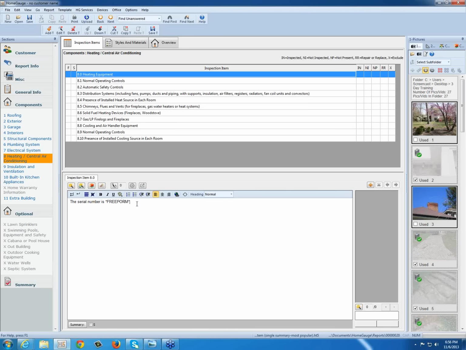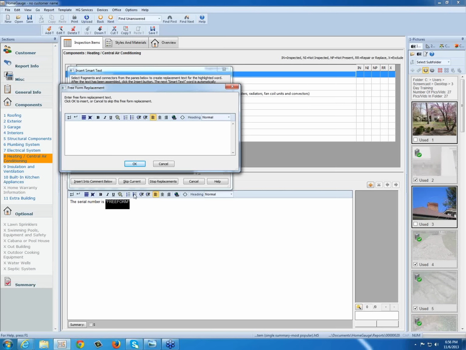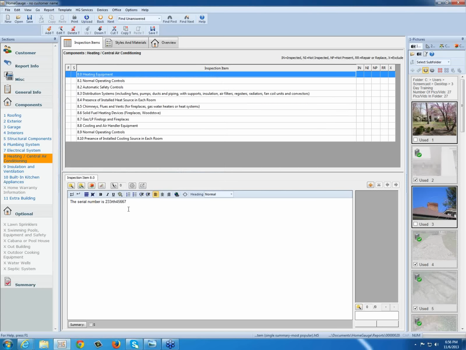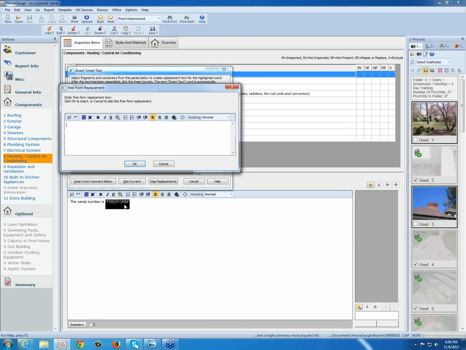I think you got to hit that control space key again. Yeah, and then now you can type in your serial number. You can tell I use it a lot, right? I had to ask Yancy. So you type in, the serial number is, and then you just do all caps Freeform. So you go asterisk, Freeform, and then asterisk, and then go control space, and then now this would allow you